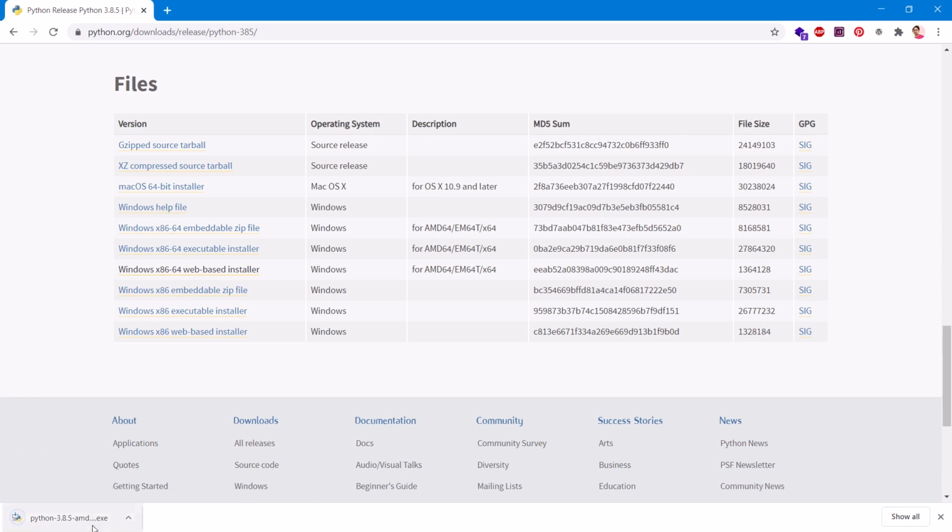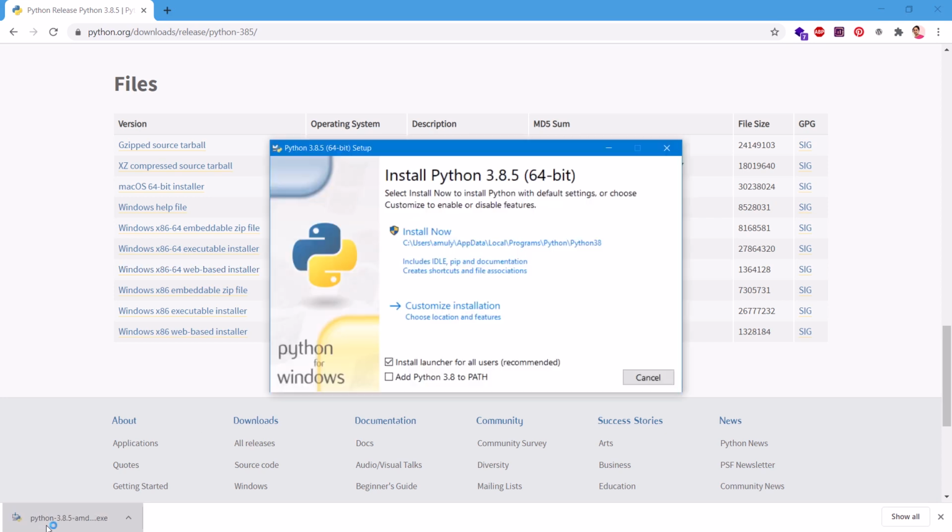Now this is going to download this package. Depending on the browser, this will look in a different location, so go ahead and locate it and click on it just once or twice if it requires. Now here, this is the installation wizard for Python 3.8 64-bit. Basically it's